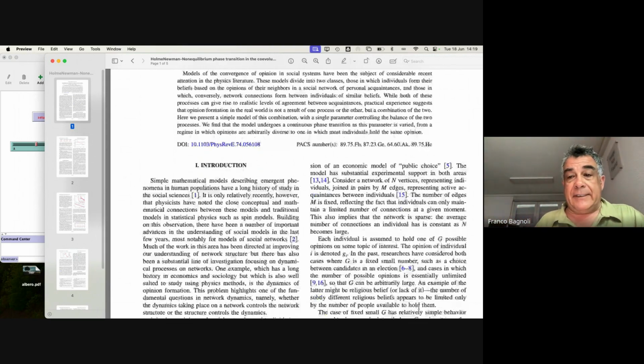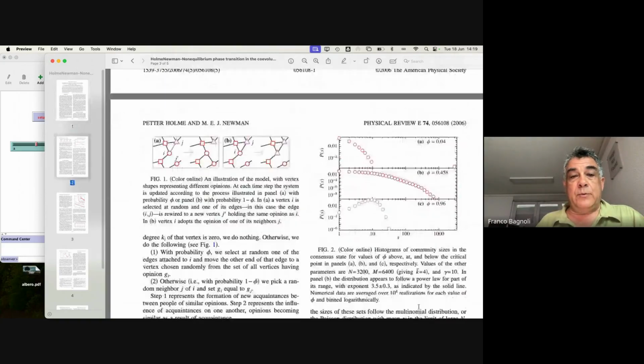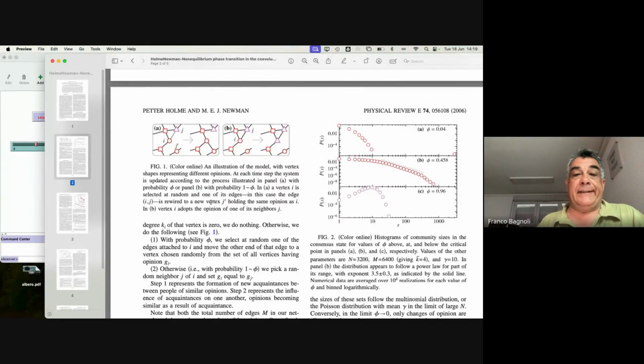And in this model, they propose to do something in a mixture of two. So essentially, they have people with a given opinion out of a certain number of opinions. Say, a given color out of, say, I don't know, 20 colors. And